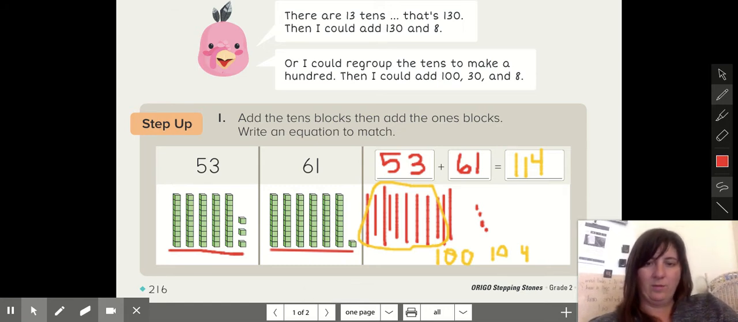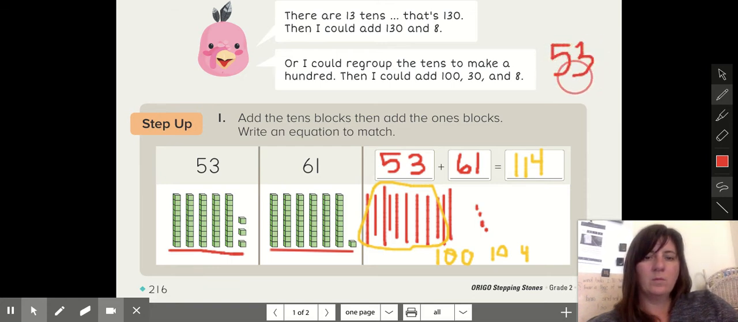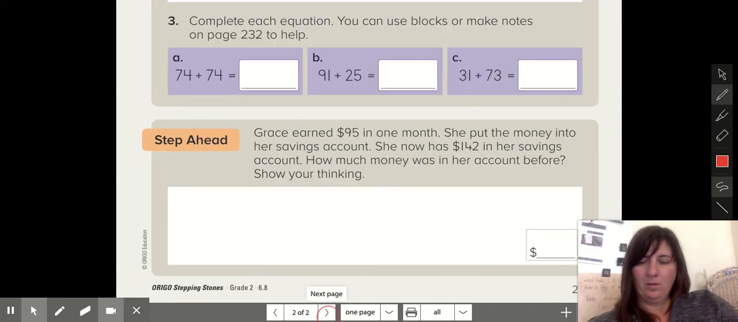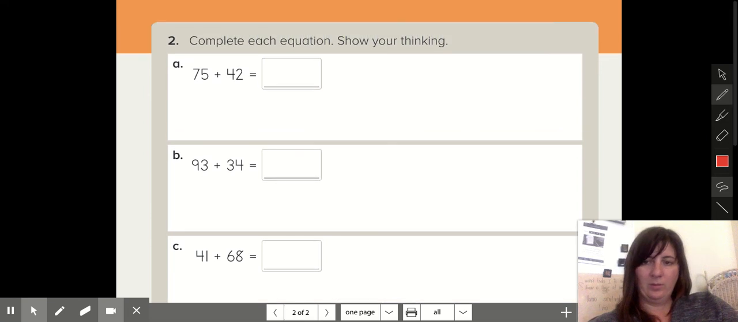stacking method. So if we're adding 53, sorry, it's so messy, plus 61, we're going to add the ones first. 3 plus 1 is 4, that's the ones place. And then 5 plus 6 is 11. So 5 tens plus 6 tens, so 50 plus 60. That's 11 tens, or 110. So we get 114. On the next page, you have more equations to complete, and you're given lots of space